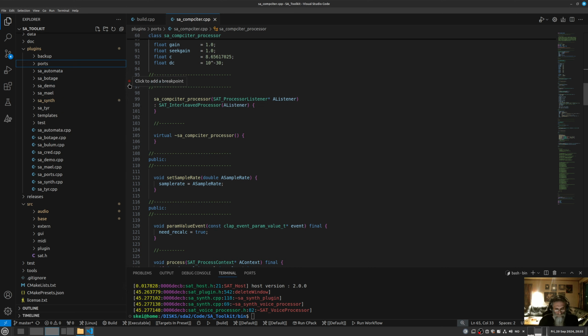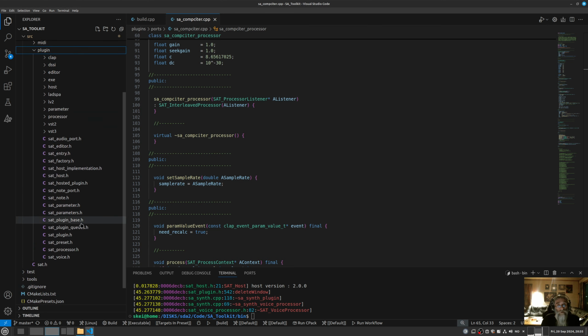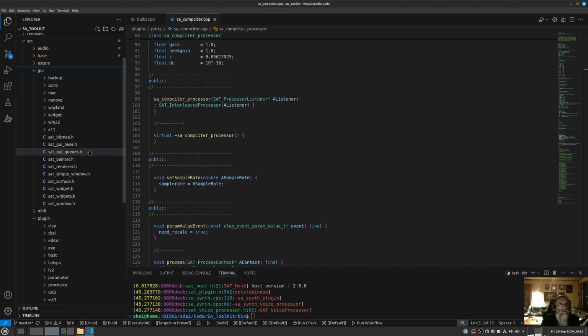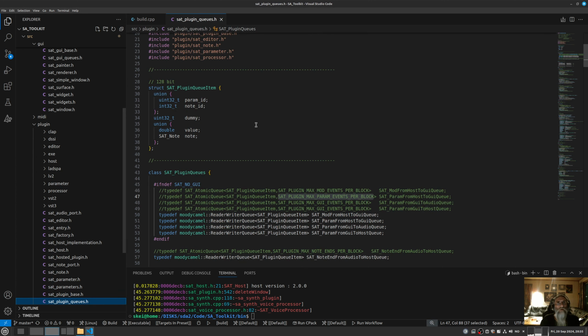More internal things. The key threading and queuing part is changed quite a bit. Hard to show probably because it's so interleaved in the lower levels. But interestingly, the plugin now has a separate file called plugin queues, and I think the GUI is doing the same, GUI queues, yes. And I've changed the plugin, but not the plugin base, not the compositor, but the plugin to use these Moody Camel queues instead of our own thing,